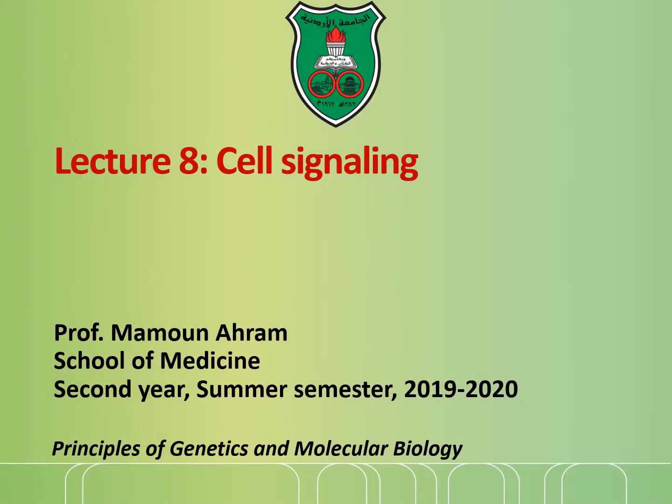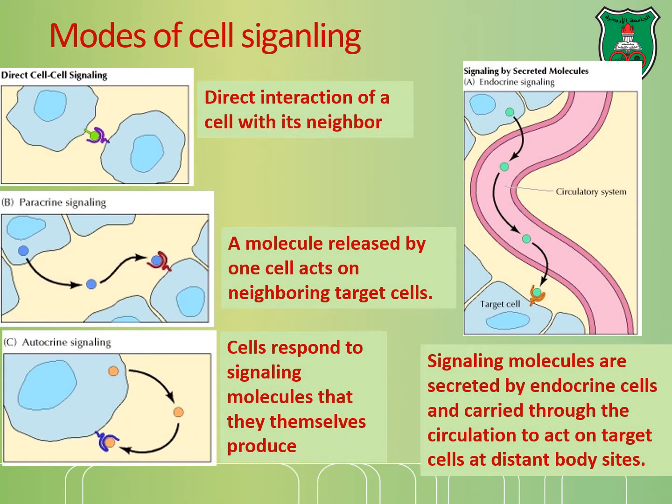So today we'll be talking about cell signaling. Now there are different ways by which cells can communicate with each other. Okay, different modes. There is direct cell-cell signaling, whereby cells can interact with each other via their receptors on the cell surface. If you remember, we talked last time about cell-cell interaction. Selectins, leukocyte selectins, as an example of cells interacting with endothelial cells before transversing, before getting into